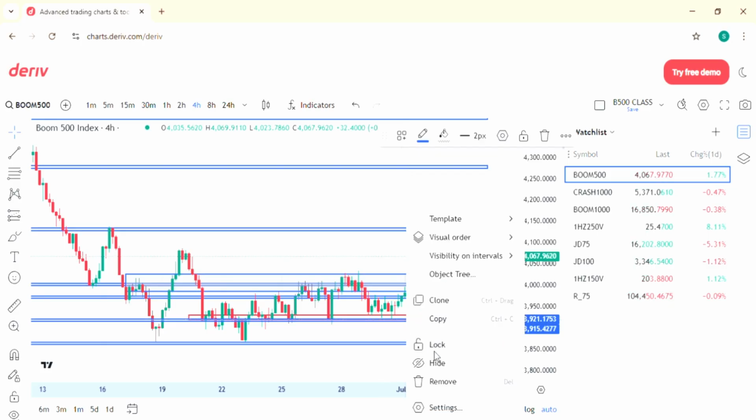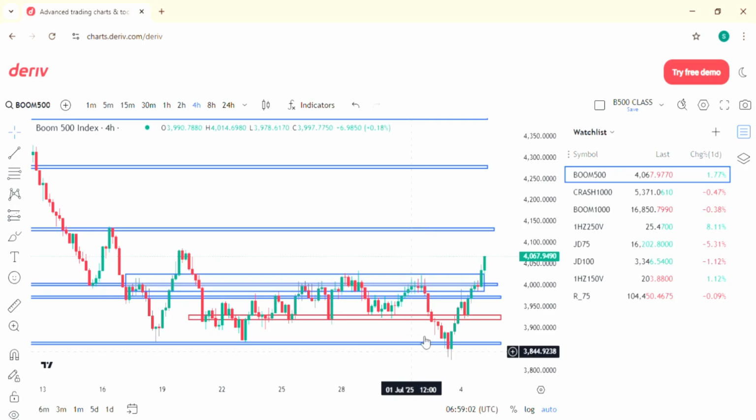You recall that at the time we had this class, the price was dangling around this mid zone. You still remember what I told you about mid zone? The price is hanging around this mid zone. And I told you that this is just a pullback because as at that period,